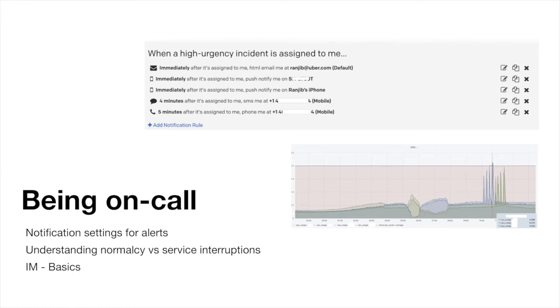On the right, I have given an example screenshot of a graph where there was an outage. You can see there was an outage first, we did some traffic shifting, and then there was again a repeat oscillation of the outage. So being able to detect this and having alerts on this means not only an understanding of what is normal in terms of key performance. In this case, this is a CPU utilization graph, and you can see this service at peak generally goes to around 1.5 to 2 CPU. That kind of understanding is important, and the alerts for that particular service should reflect it.